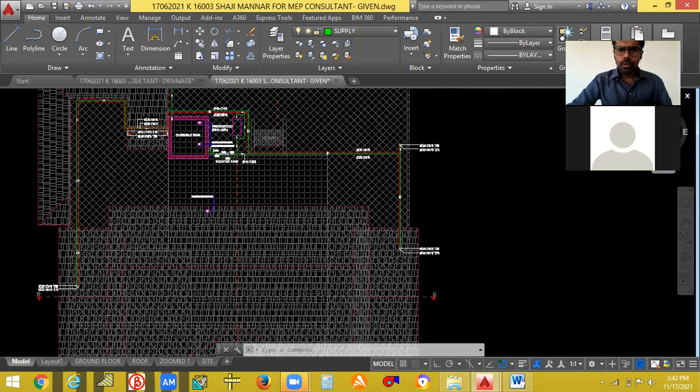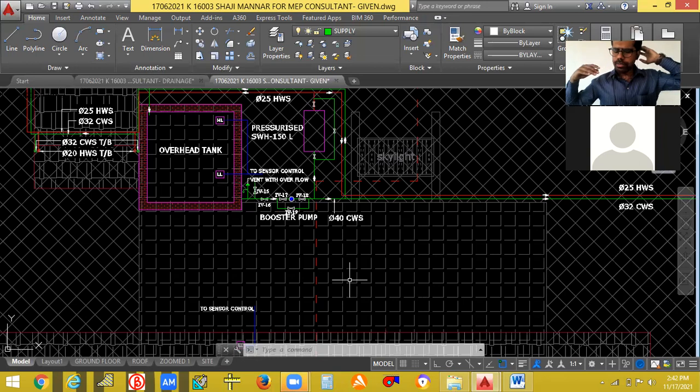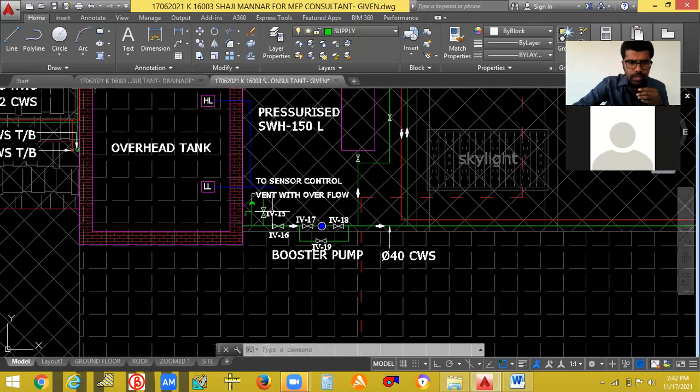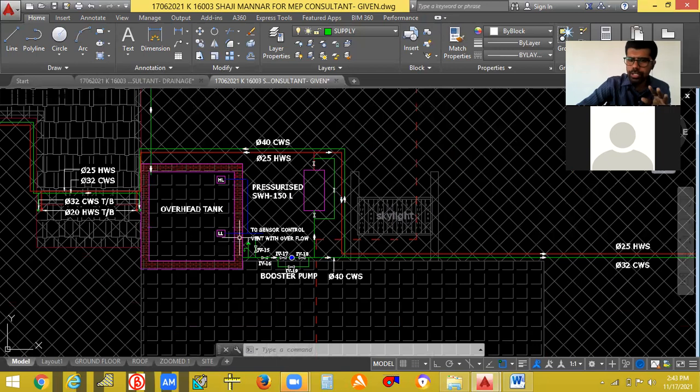Okay. So they said that they want a solar water heater only. So what we do is, they said they cannot raise the overhead tank to 3 meter height and all. So we have to use a booster pump. So you can see here, this is the inlet. Now the water has to go to the individual fixtures or toilets. So that is taken through this.